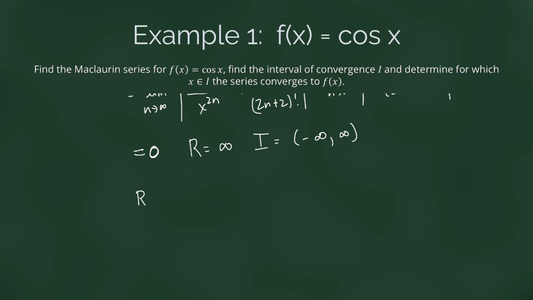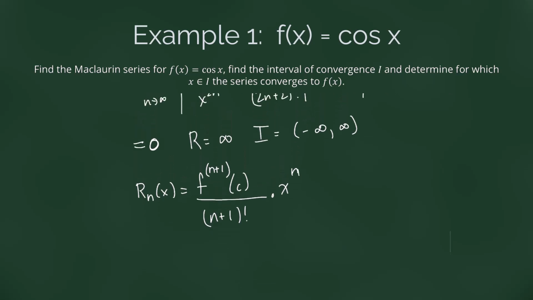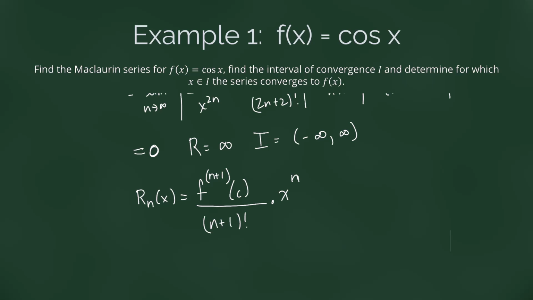We know that R sub n of x, the definition of it, is the n plus first derivative evaluated at some value of c, all over n plus 1 factorial, times x minus a to the n, but in this case that's just x to the n, because a is equal to 0. Well, we know that we can bound this. We know that the absolute value of R sub n of x is then less than or equal to 1 over n plus 1 factorial times the absolute value of x to the n,